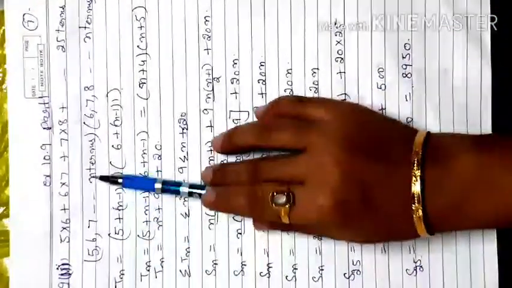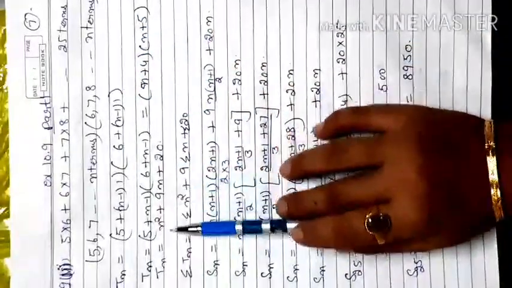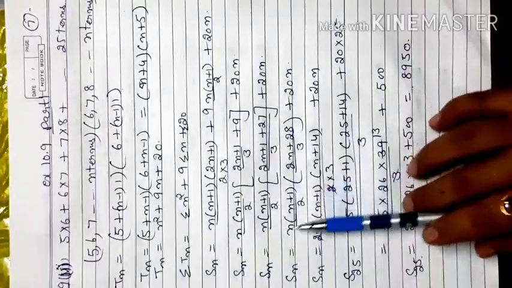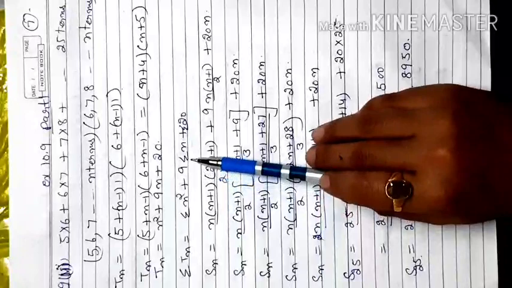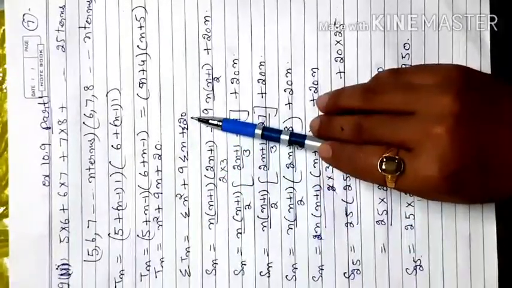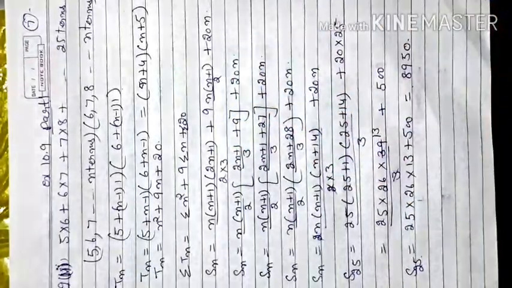First you have to find the nth term of this series and the nth term of this series. Then you multiply, so this is the combined nth term of the series. Then apply summation on both sides: summation Tn, summation n square plus summation n, and here only numeric form is there, no variable is there, so that summation changes to n. So this way you have to solve.